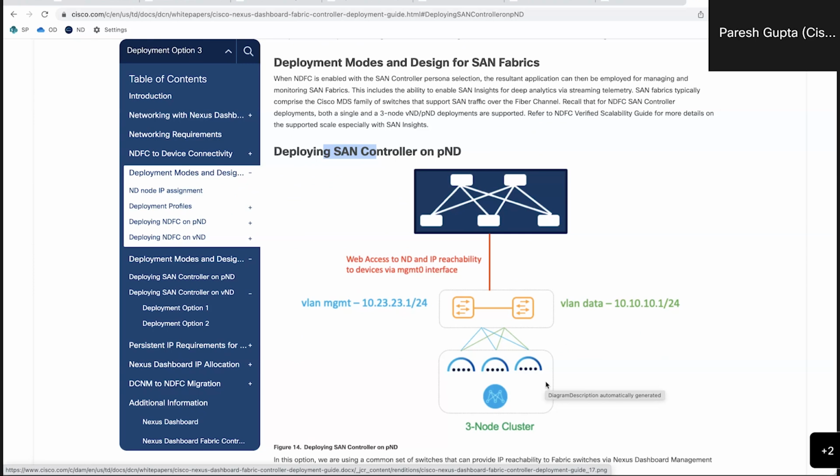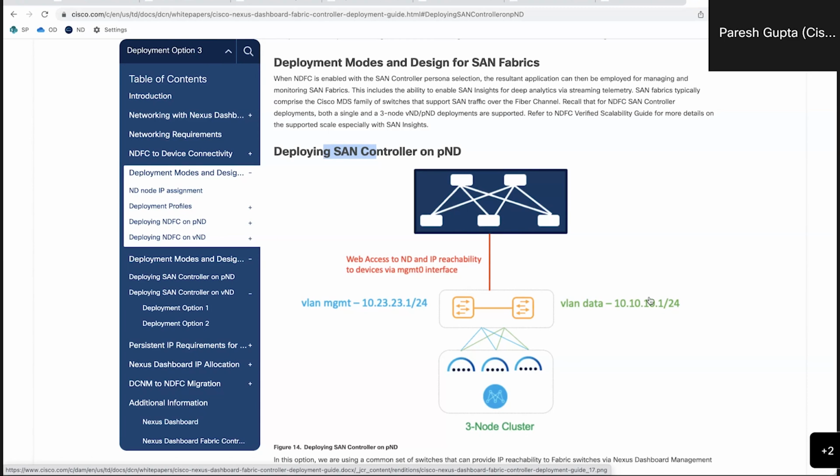Now, in most cases, these can be the same, right? But because it's a microservices-based architecture and there are Kubernetes services running in the backend, they like to create that differentiation, primarily so that they can support the 3-node active cluster. Right now, there's some feedback that some of the customers are not really liking: why do we mandate having 2 different subnets? You see we have the VLAN of the management subnet here, and the VLAN of the data subnet here. As of right now, these 2 subnets must be separate,